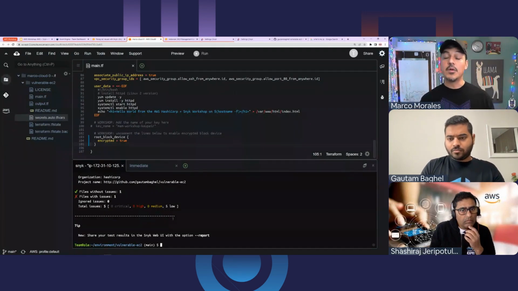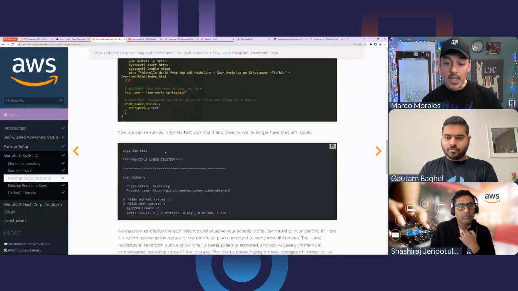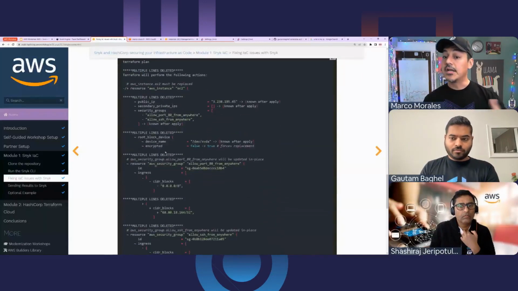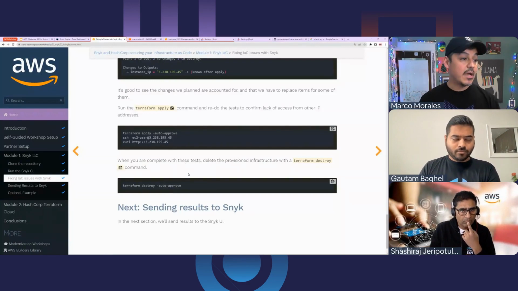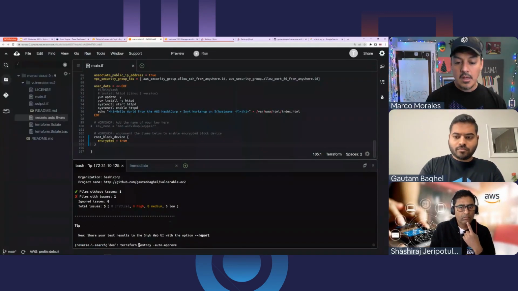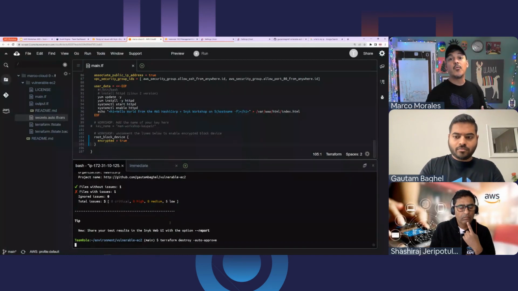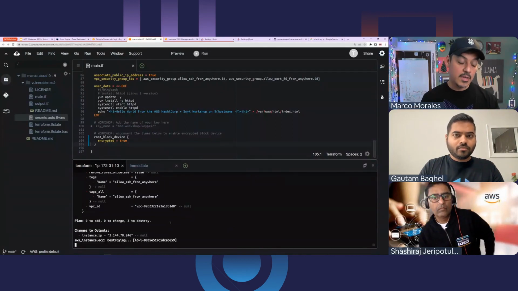This is the feedback cycle we want to do for developers before they even commit code. This is the explanation, a lot of color commentary. Please, check it out. If I were to do more things with the curl command, you'll see this. But at this point, I am more or less complete. I can destroy my results and finish it off with a quick example of what it looks like within the Snyk UI. And that's just a couple minutes. So Gotham, you'll be up in less than 5 minutes.